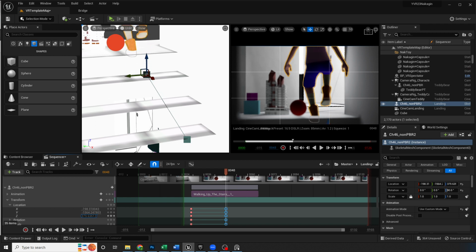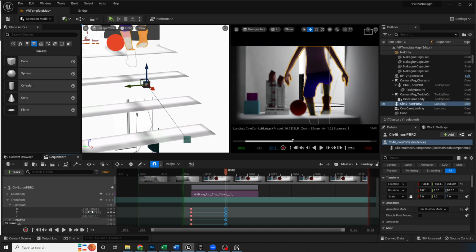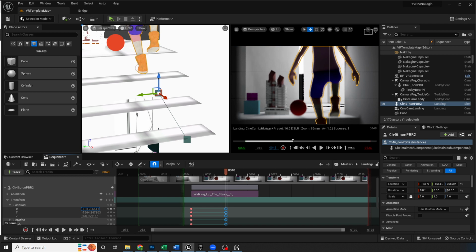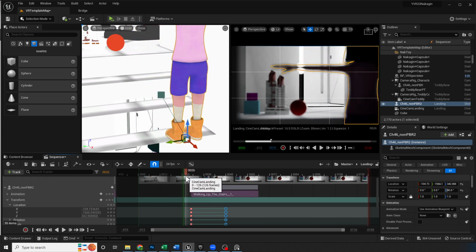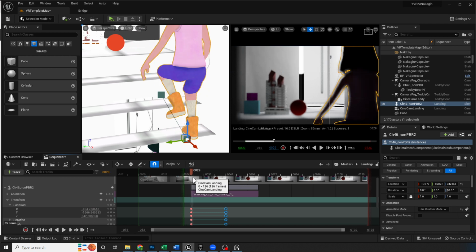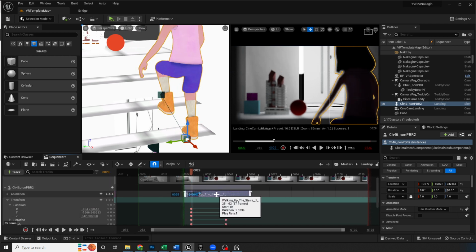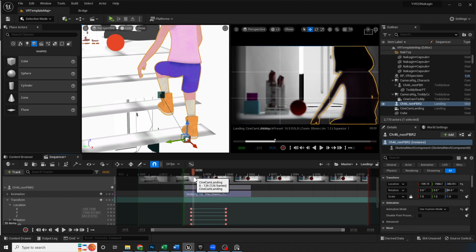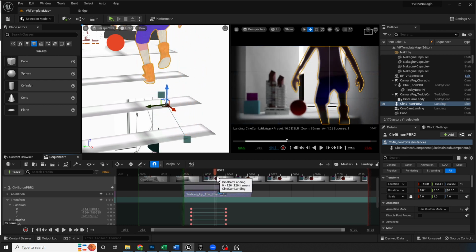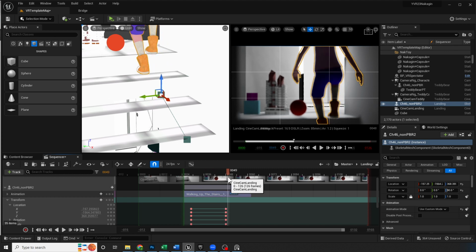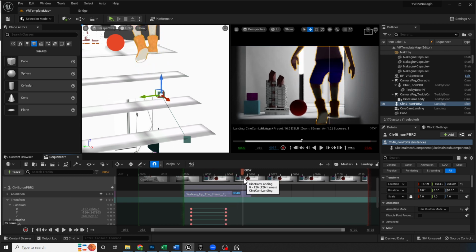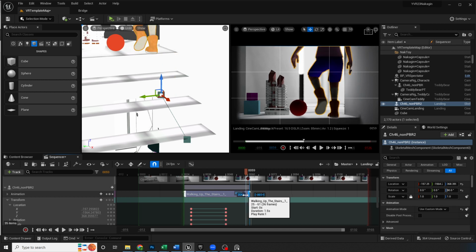I actually want to also pull her back a little bit. So I kind of want to cut this off here,